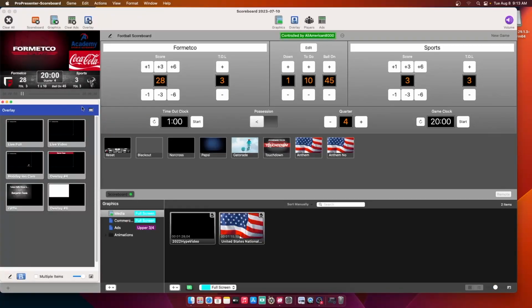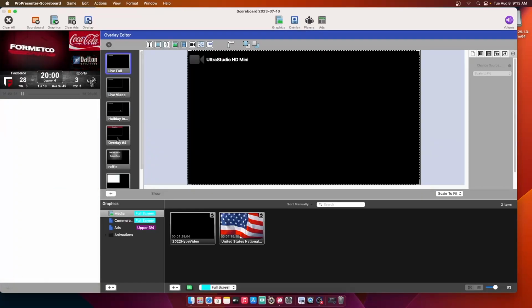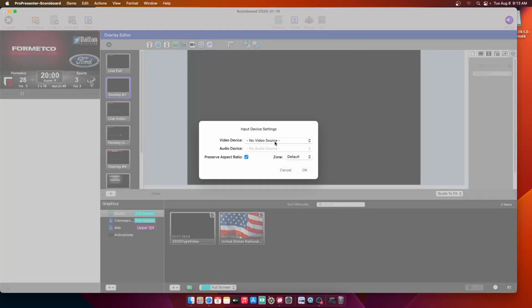There are a few different places to do this. My personal favorite is Overlays. Get the pencil icon for Overlays. I'm going to create a new overlay. Once I've created a new overlay, I'm going to add live video, select Ultra Studio HD Mini,